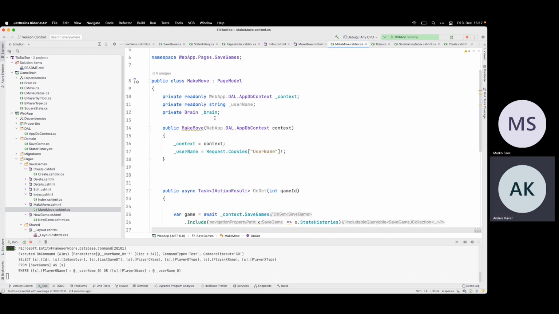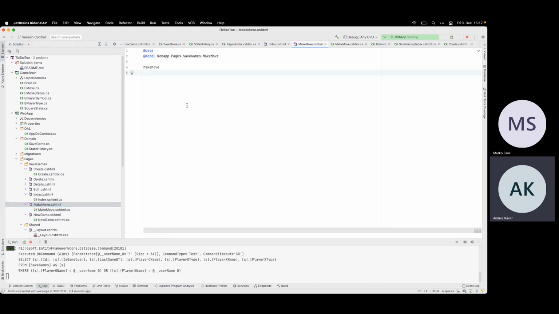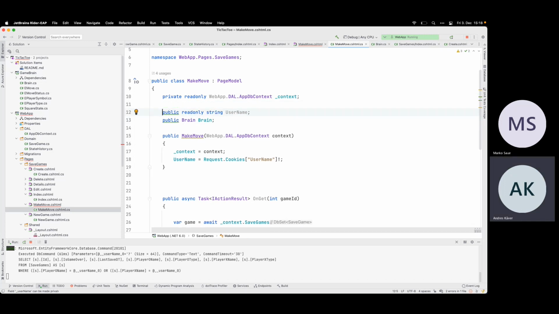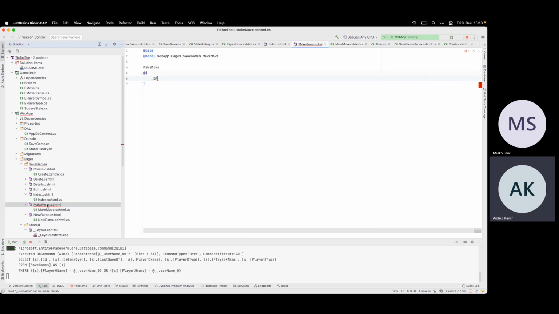And the brain, I think, is the brain accessible or is it not? Can I do it here? No, private variables are not visible here, so this one has to be public. And then it cannot be a brain anymore. What's wrong with this? No. And this is also actually public. If I really want to, then I can access it in the model or in the HTML part.